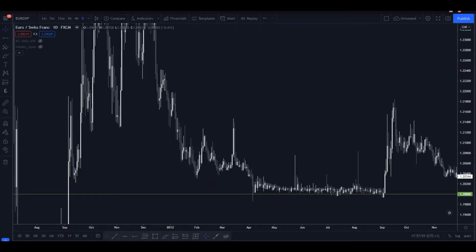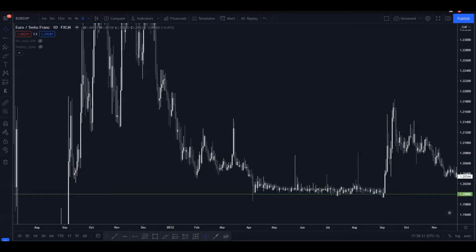So we're going to have a look at different times in history when fundamentals literally caused massive moves in the market, and they caused deep-rooted moves. And if you didn't know these things were happening, you could have lost your account, you could have lost everything sometimes, because these moves are absolutely huge. So let's start off with the Euro Swiss franc and what actually happened with the Swiss National Bank abandoning the